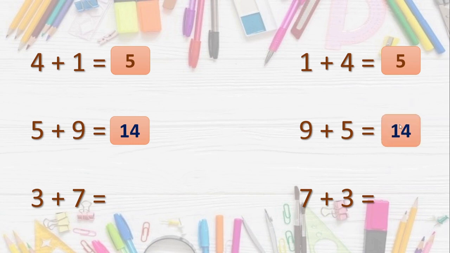So we will write here. Correct? Now next is 3 plus 7 and 7 plus 3. Here also same thing. The numbers are interchanged. The order is changed, right? So again we will keep 7, a bigger number, in our mind and we will take 3 fingers. So 7, then 8, 9, 10. We got the answer 10 for both the sums. Isn't it a funny one?